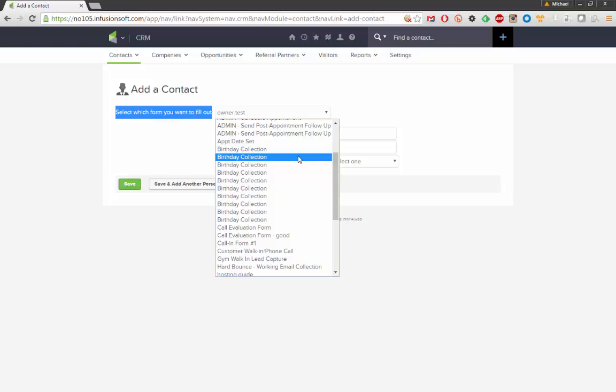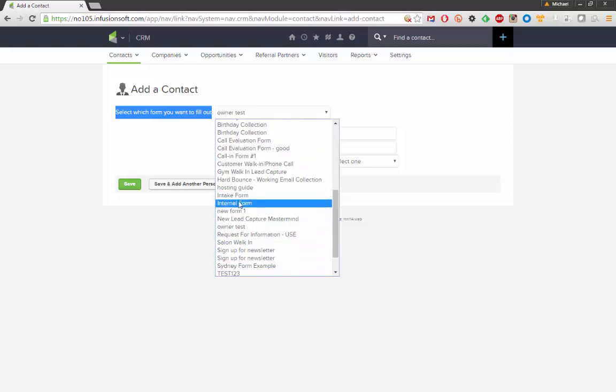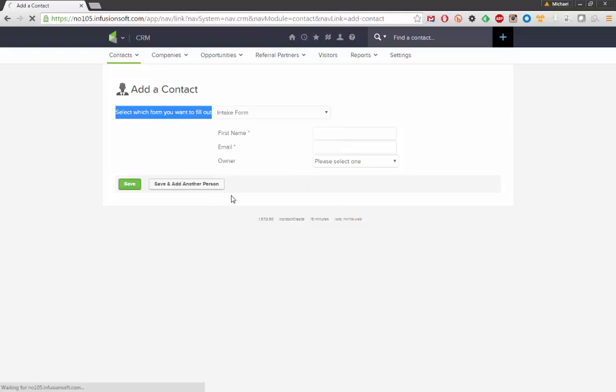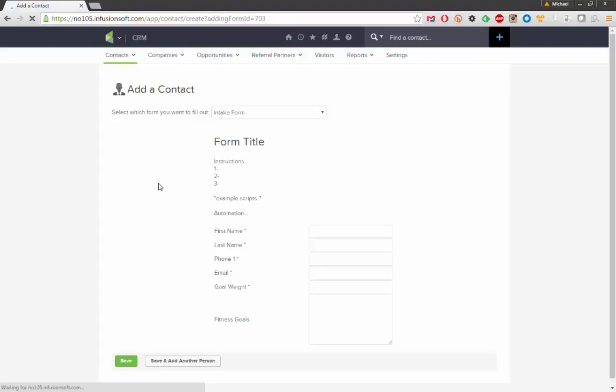our campaign marketplace, like I have about 1 million times, you may have a lot of forms that look very similar. This is why it's always good to get in the habit of renaming things as soon as we create them, because it can cause confusion like this. But I have my intake form here that I've created. As soon as I select that, it reloads the page with the form that we just created inside that